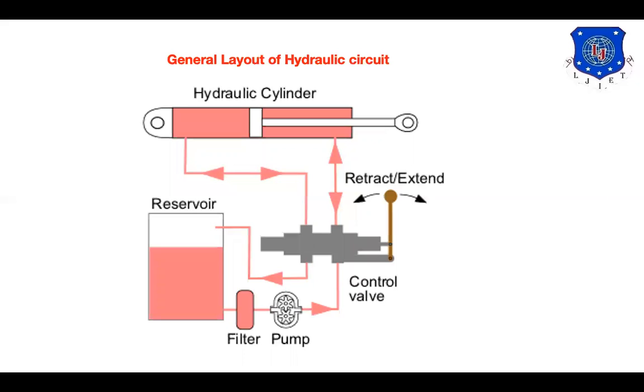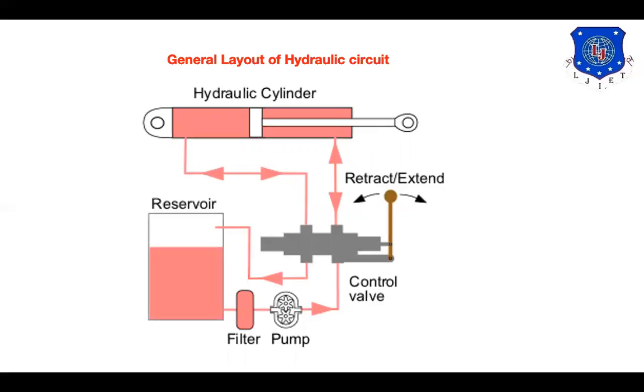Now it is not the case that the layout would be the same in every hydraulic circuit. Layout can be different as per the application and the requirement. In this particular application, our requirement is such that this is the piston and rod end of the piston. It can be moved in the forward direction and then retracted. That is our ultimate requirement: if some material has been pushed, it is then taken back again.